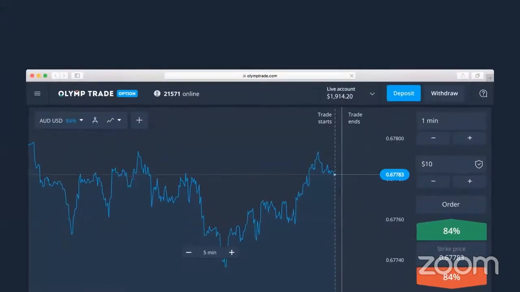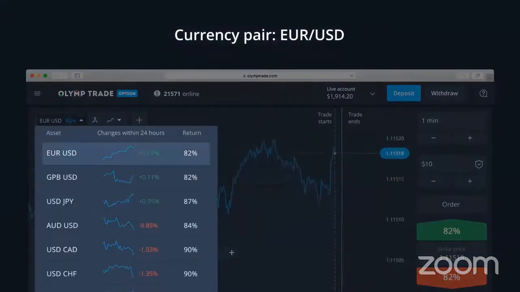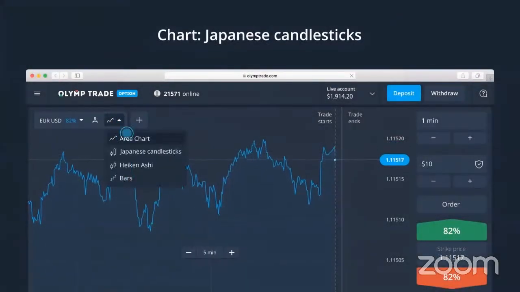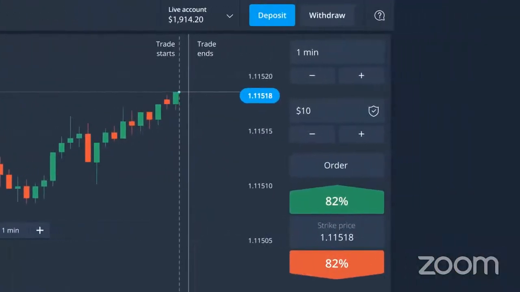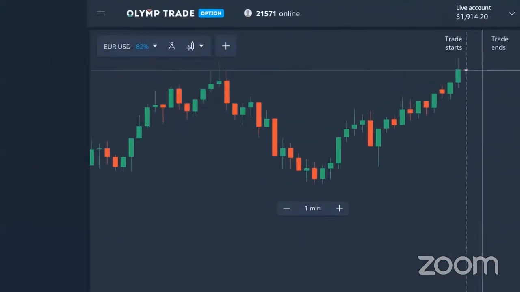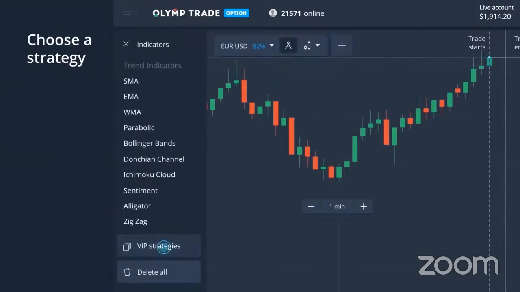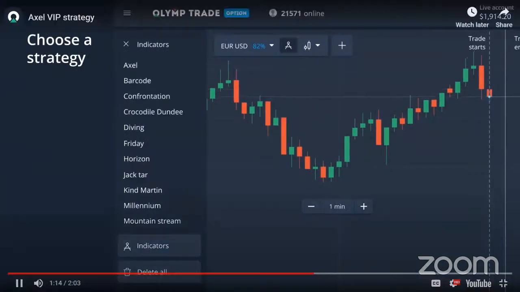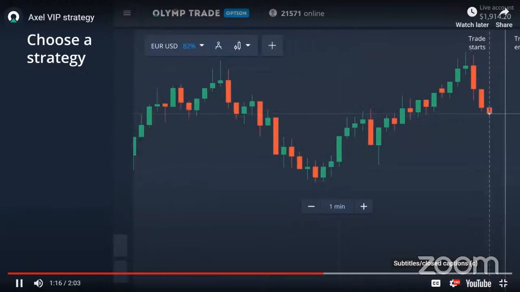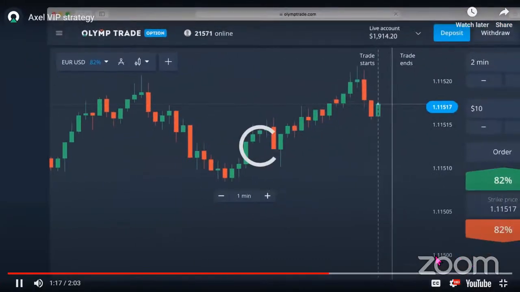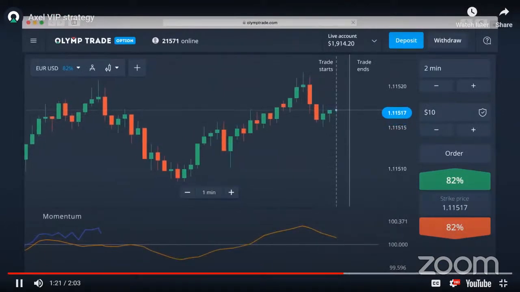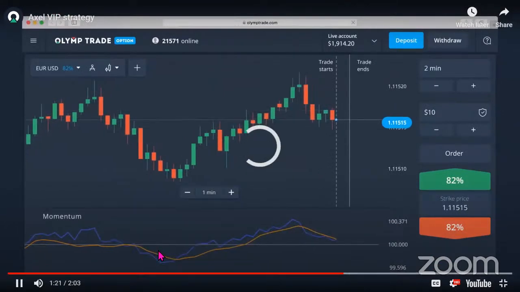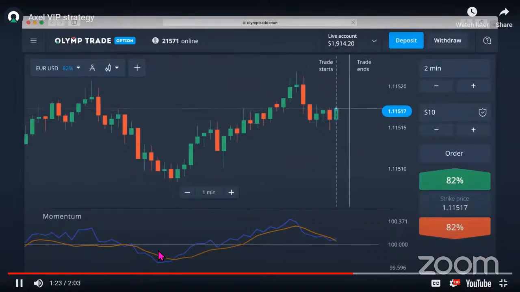Let's try our strategy in practice. In our example, we will open the chart for the Euro-US dollar currency pair. We choose a Japanese candlestick chart. We set the chart interval at 1 minute. The trade time is 2 minutes. We open the indicator section and choose the VIP strategies tab. We will use the AXEL strategy. The momentum indicator opens below the chart. The required settings are applied automatically. If the momentum line crosses